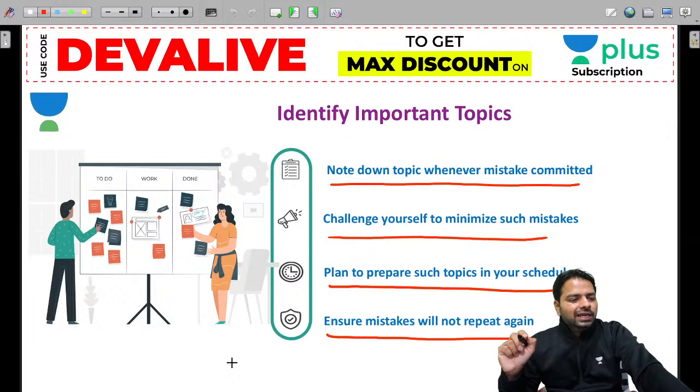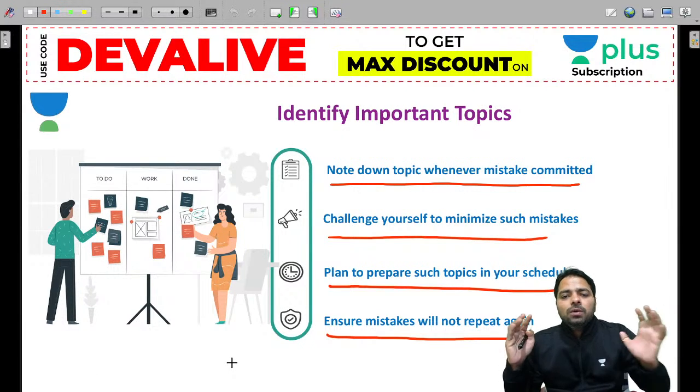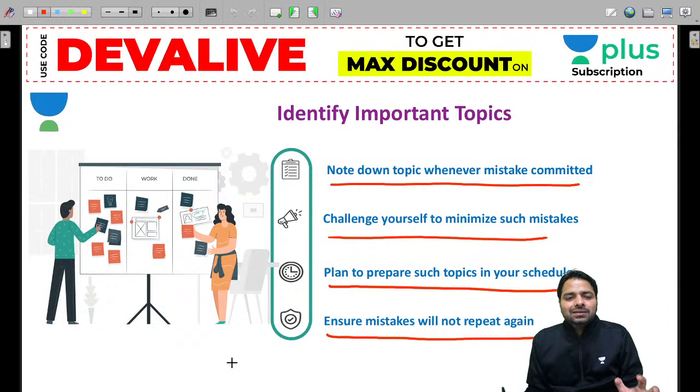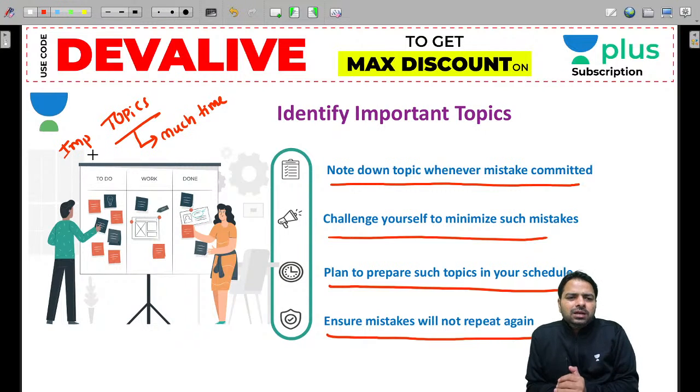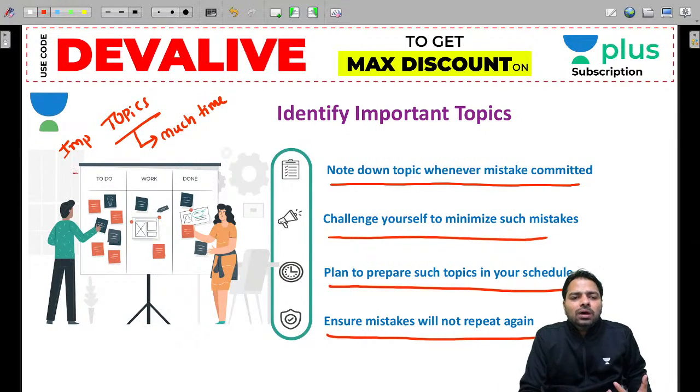Analysis and revision take a lot of time. When you are studying the whole syllabus, you know which topics are important. You must segregate them, and for the important topics you do much more work. You are going to give much more time to important topics, right? If a topic is easy, then you can have a quick revision. Why waste your time unnecessarily when you already know it?